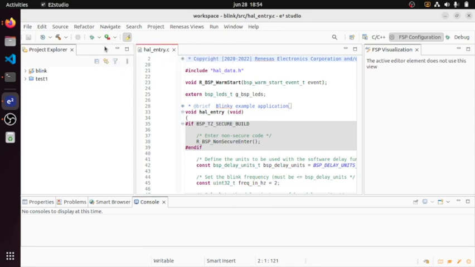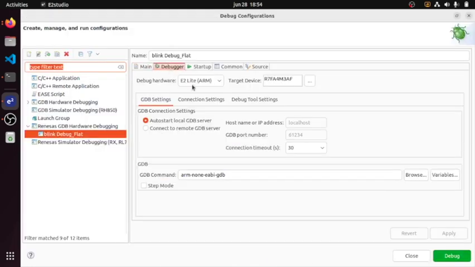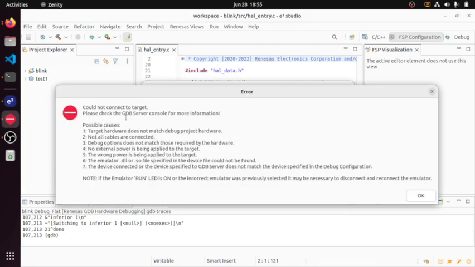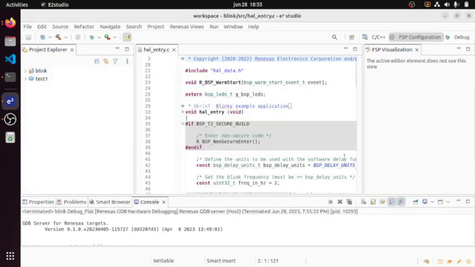So let's configure here the debugger. Here we are with the debugger options. Okay, so I choose this option and let's see what happens. So it seems it's not working, so I think this is not the right one. So let's go back to configure the debugger,